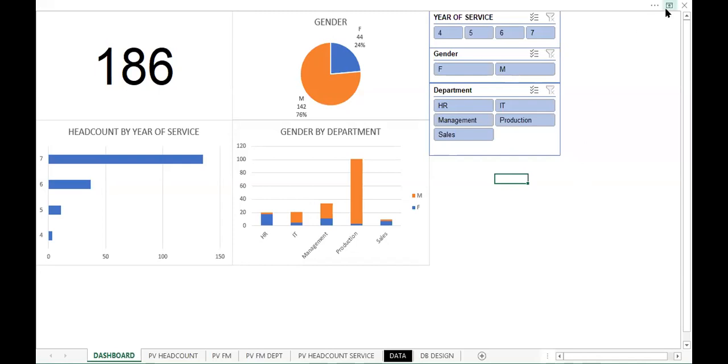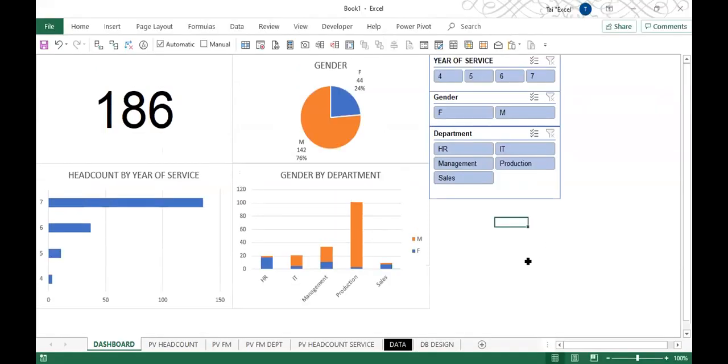Within 30 minutes, you're able to create a dashboard inside Excel. Let me show the ribbon. And in the 1 to 5 day, if there are any updates on the data,